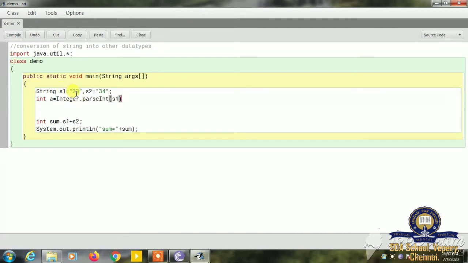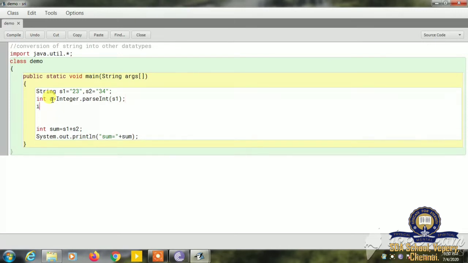In this we have the value 23. See, I am using the parseInt function to convert the string into integer. So Integer is a wrapper class. So this function is used to convert the string into integer. Now a value is 23, not a string, that is a number, a whole number.